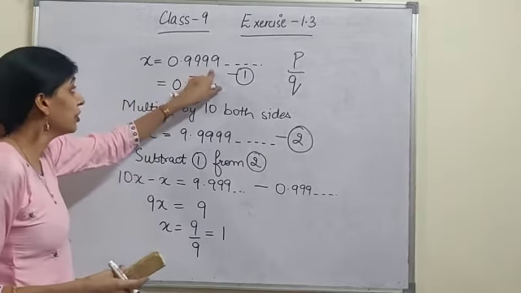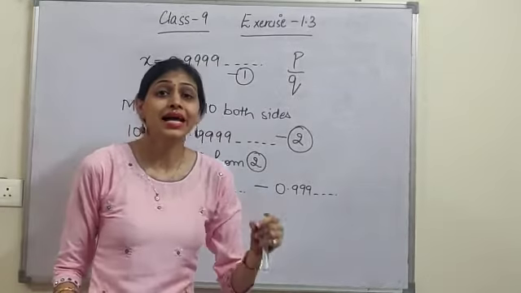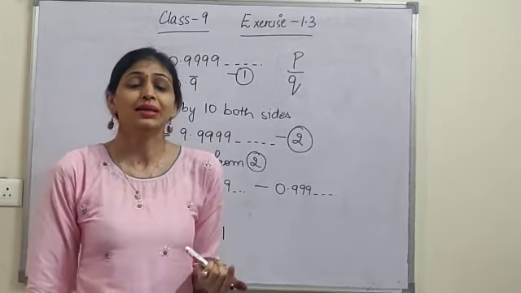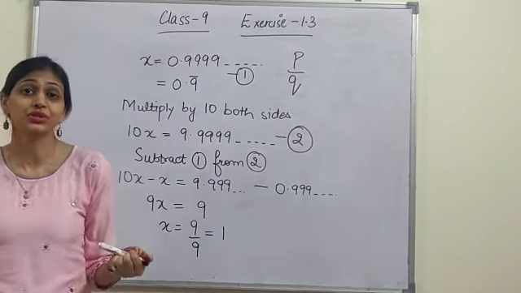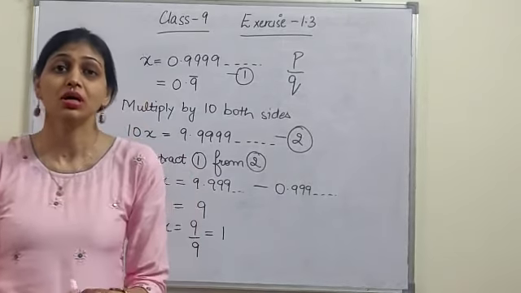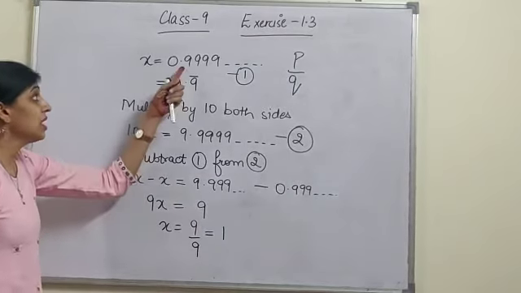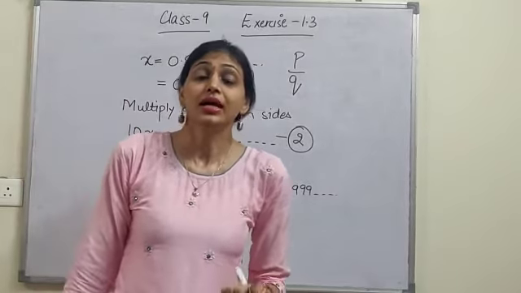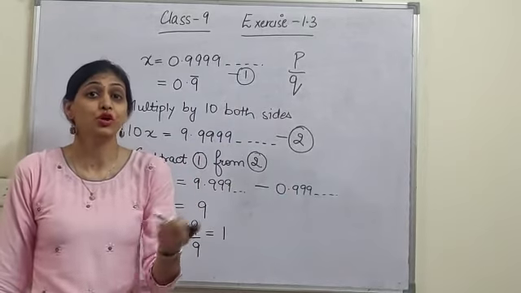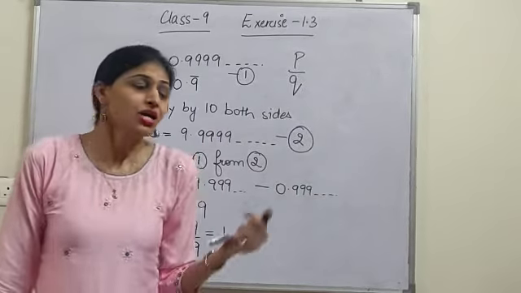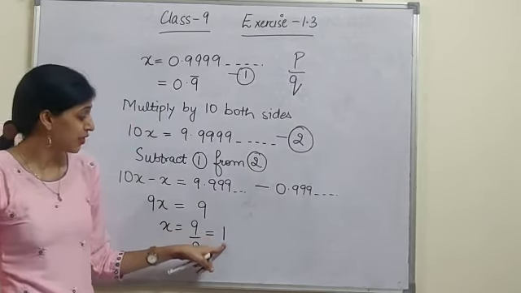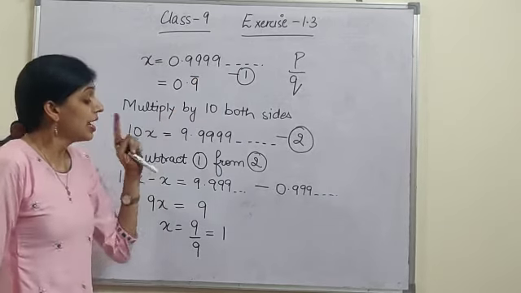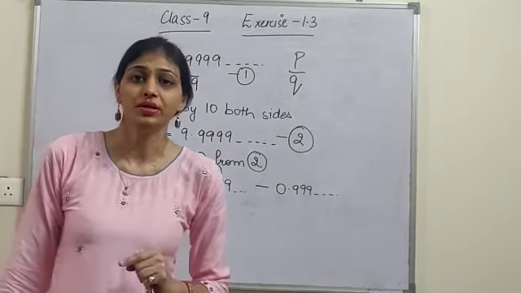Now, if you look carefully, 0.9999 is approximately equal to 1. In mathematical terms, if a number is given to you which is very close to a whole number, what do we say? Like if a number is given 0.99999 and you are asked which whole number it is approximately equal to, what will you write down? 1. So that's why you will not be surprised by this answer, because x equals to 1, because this number is approximately equal to 1 only.